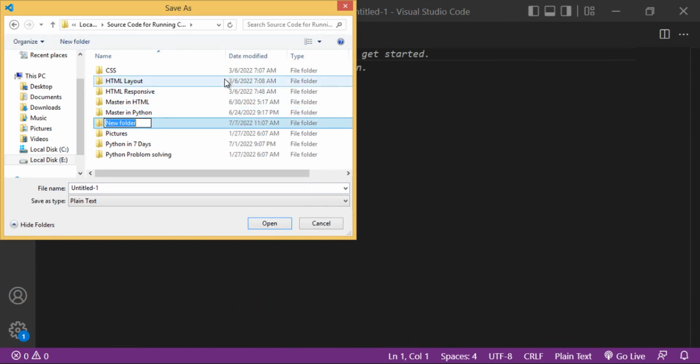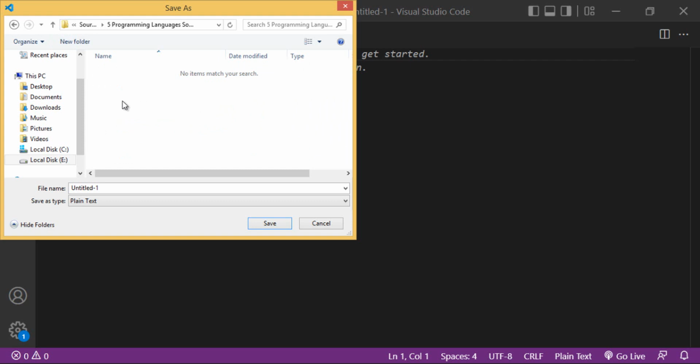and I have to create a folder that will be called 5 programming languages source code. Inside this folder, what you have to do, I have to create a folder Python, and inside Python,